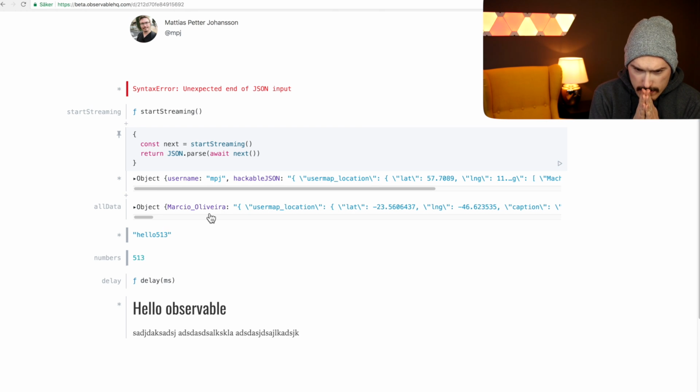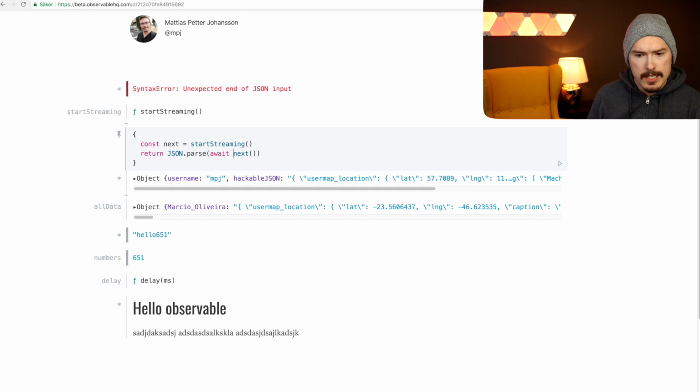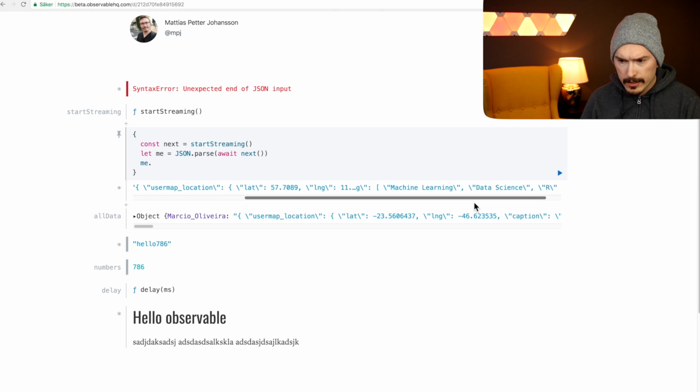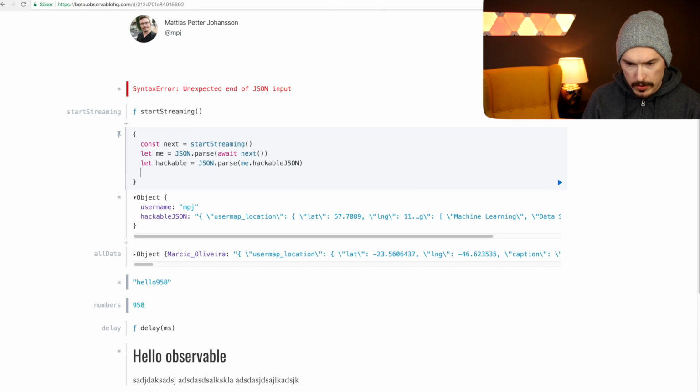Now, because this is just doing this once, I want to make sure that it shows the change as we update. So let's call this me, and then me dot... let's have a look. We actually want to parse out the hackable JSON. We're going to call this hackable. I'm going to do me dot hackable JSON, and JSON parse. It's JSON within the JSON. It's all very confusing. Hackable dot user map